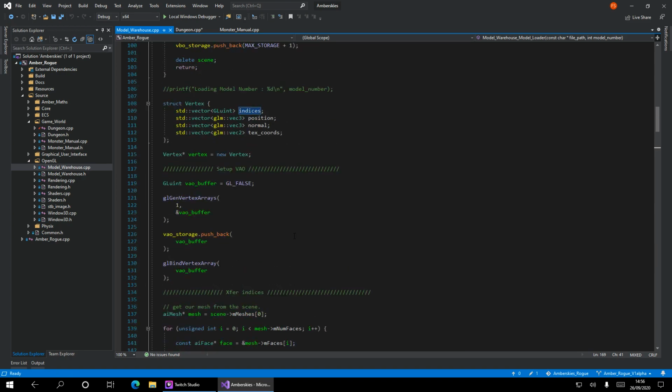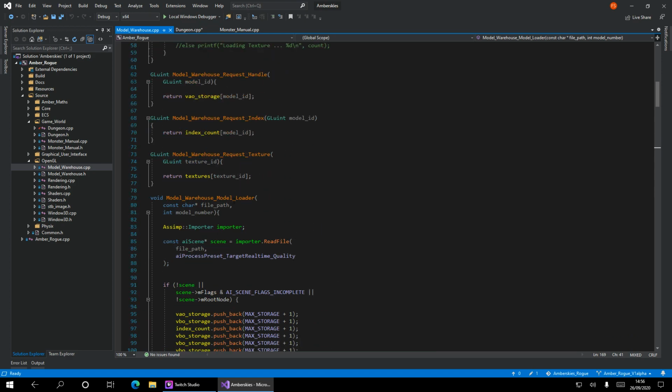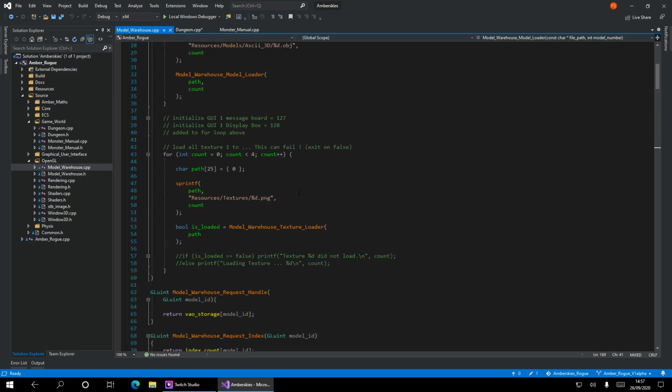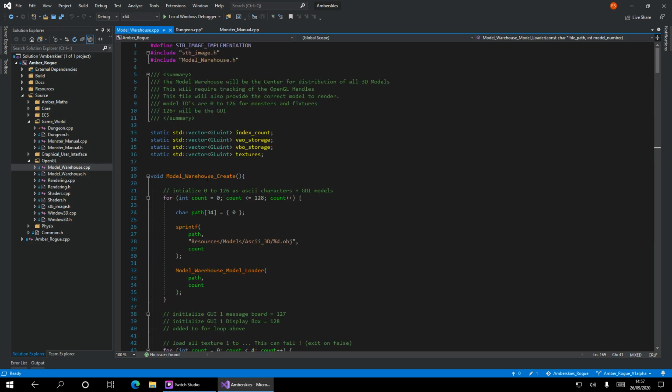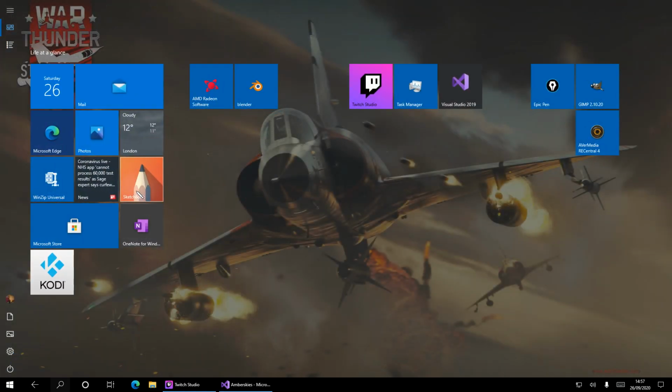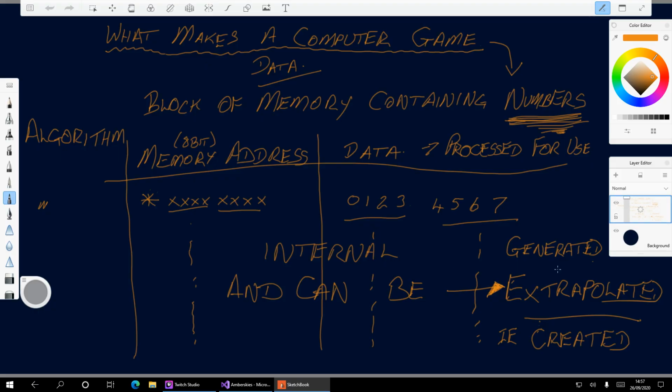So this is all done. The model loader is done where? Create. Oh, it's gone again. Basket case. Thank you. Create. Okay, we do have extrapolated data within this program as well. I'm just trying to remember where it was now. I'm going to close this because it's really bothering me. So I think we're finished with that.